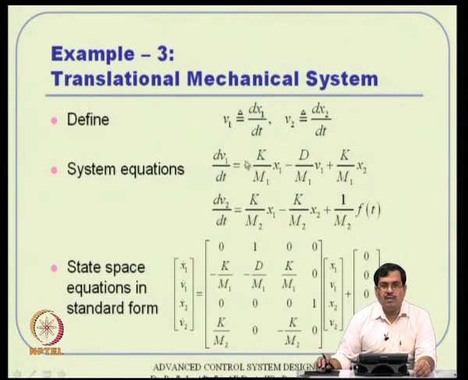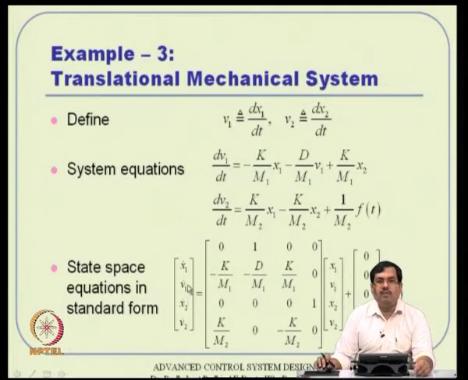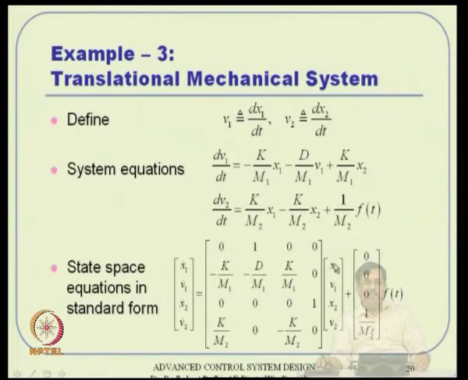Now, once I do all these things, I will again be able to write this in a state space representation form. So, x1 dot is nothing but v1, so that is 0 1 0 0. Similarly, x2 dot is v2, which is why it is 0 0 0 1, so v2 is the fourth element here. Also remember, even if you define the variables this way, you have the freedom to put the state vector in whatever order you want. That also preserves the properties.